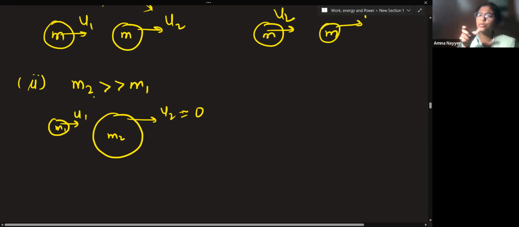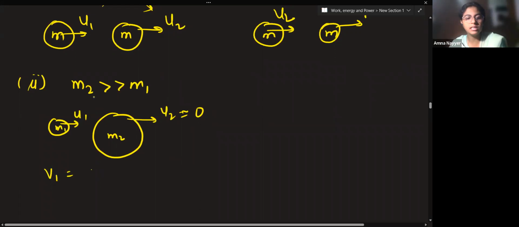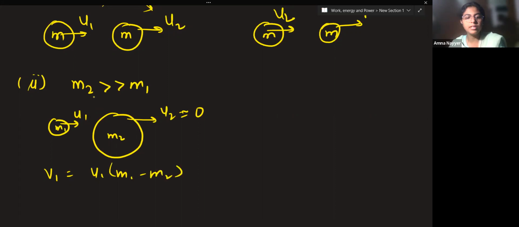Will there be any motion that you will be able to observe? If M2 is so huge, the velocity will be so less that you will feel that the body is stagnant. Fine. So in the formula, V1 is equal to U1 (M1 minus M2) by (M1 plus M2) plus 2 M2